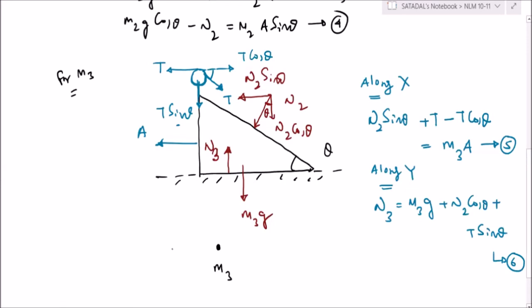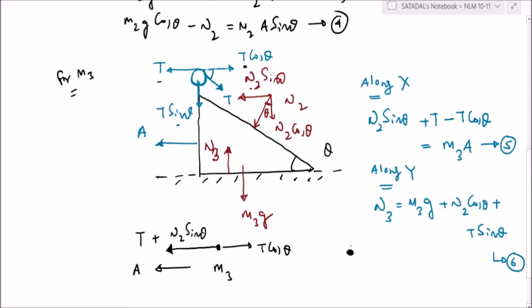So in M3, first notice in the diagram, search and write down the forces. What forces are there? T is there. What is the other force? Plus N2 sin theta is here. Yes sir. Backward force is what? T cos theta. What is the acceleration in this direction? A. Now write. Net force equal to mass into acceleration. Yes sir. Did you understand? Sir, I forgot to consider the pulley.